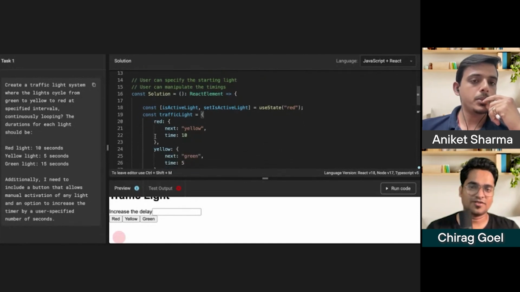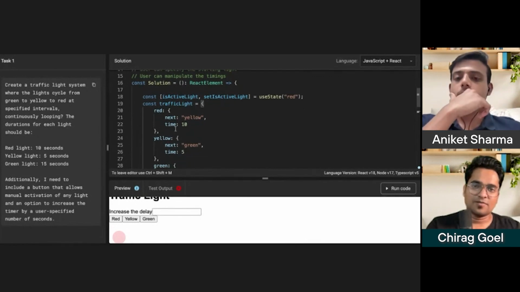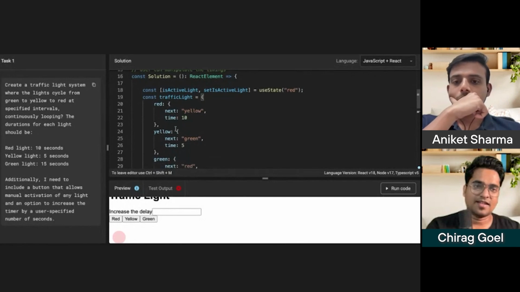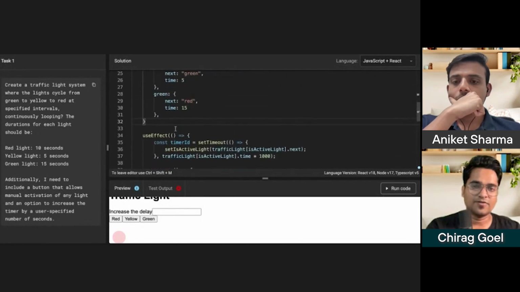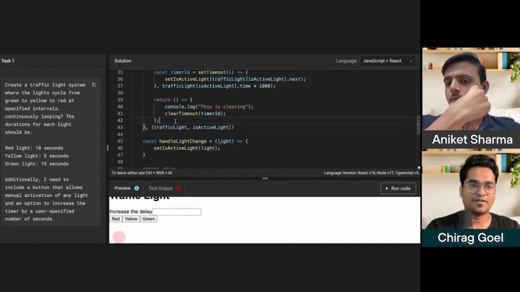Do you see some glitch? You have taken a normal object as in traffic light, and you have given this traffic light dependency in your use effect. Can you highlight some glitch that can come with the future development of this component?